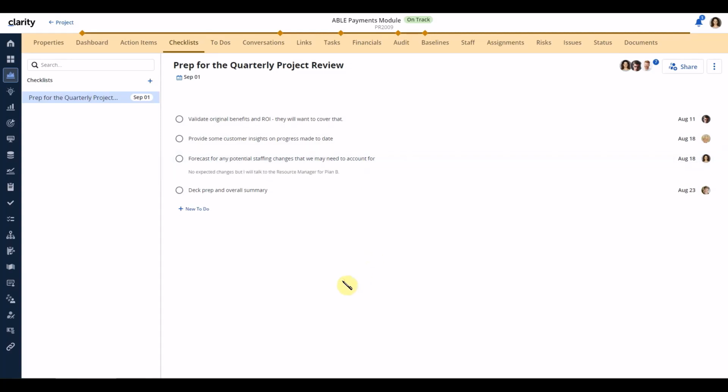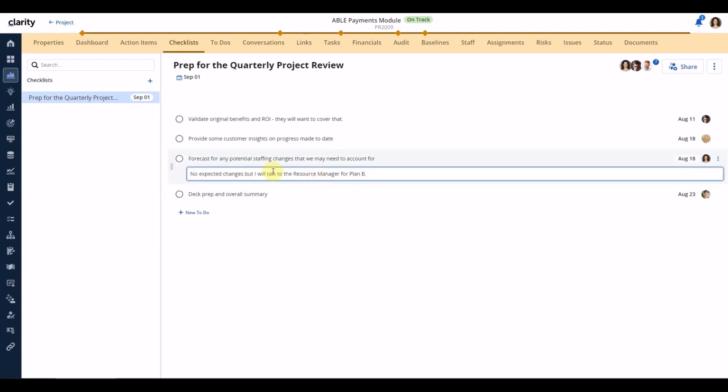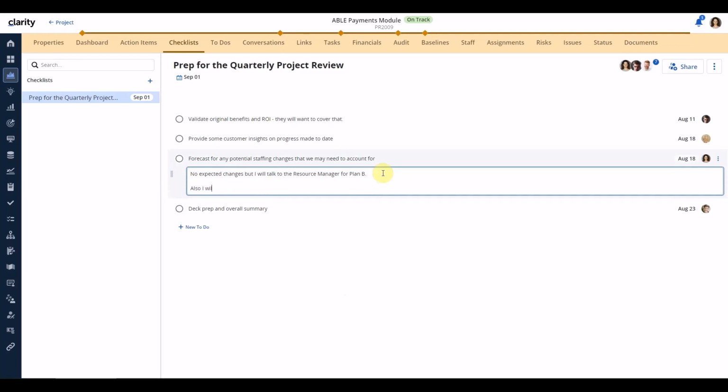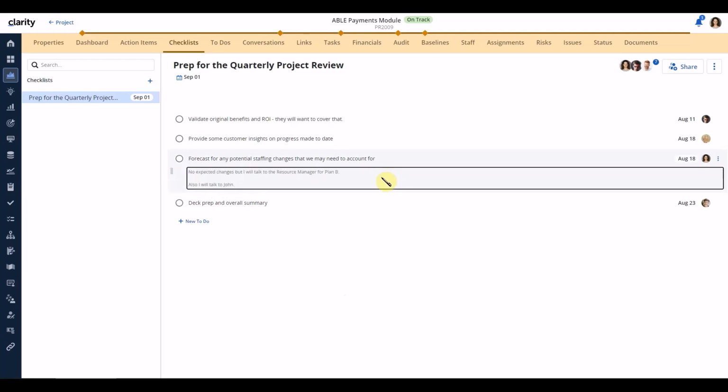The minute I have populated that note, as you can see, the note is automatically displayed in here. If I wanted to add a multi-line note, or if I wanted to edit it, I can just click on it and you can see it went into edit mode. I can use Shift Enter to add a new line. And now I've added another line to the note. And you can see that the multi-line note is displayed over here.